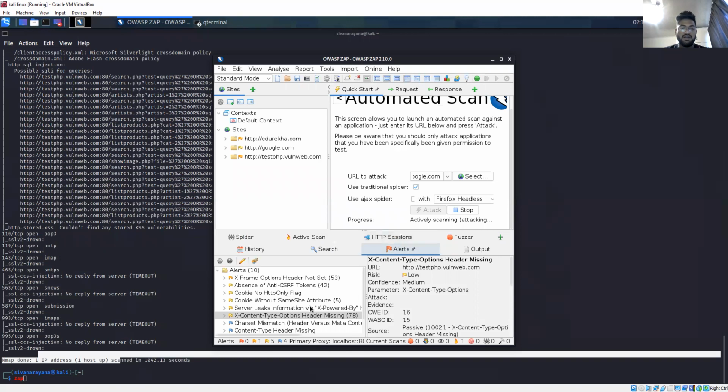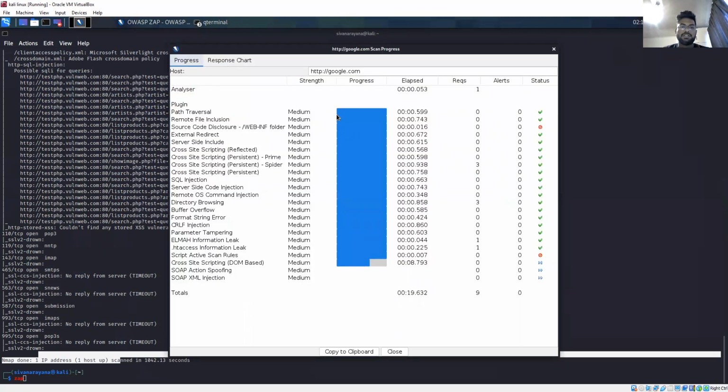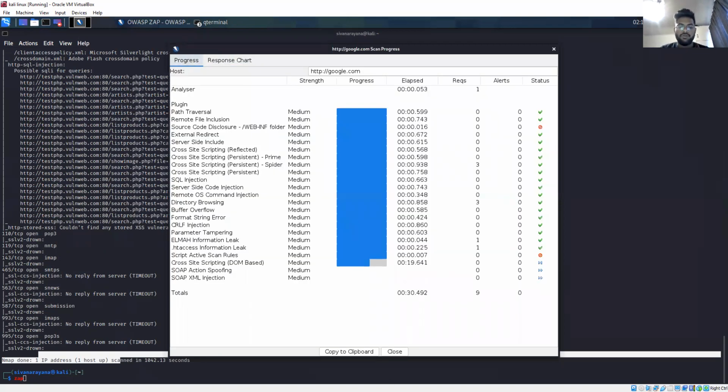You can find the alerts as low, and while going to the active scan, you can find the progress and the response. This is the progress for Google, and this is the response chart.